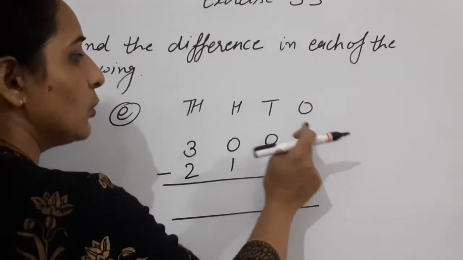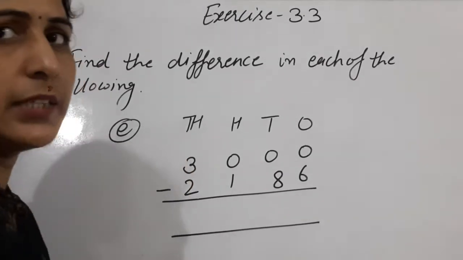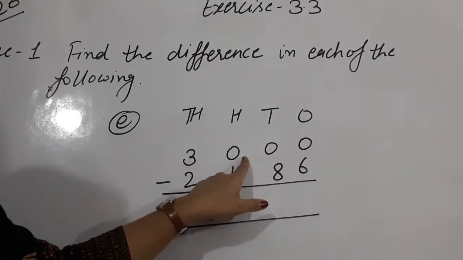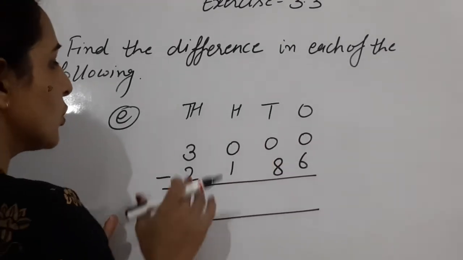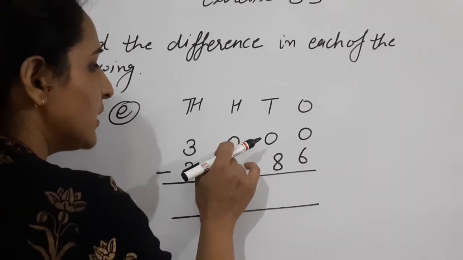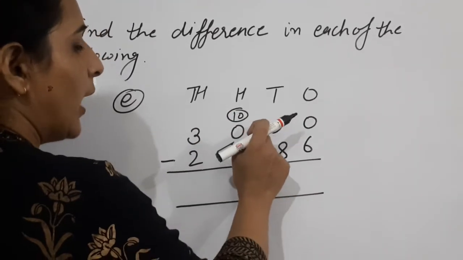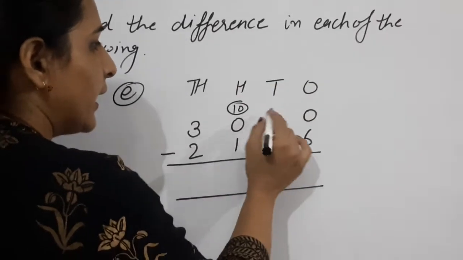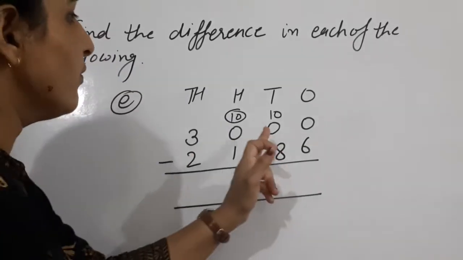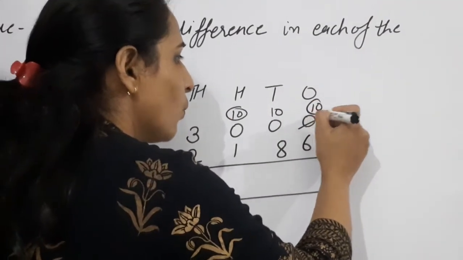In the ones place 0, in the tens place 0, in the hundreds place there is 0, and in the thousands there is 3. It means 0 ones, 0 tens and 0 hundreds. So how do we do this question? From the thousand, when we take a carry, we cross it, we make it 10. Clear? Now how do we subtract? We take again the carry from there, we cross it, we make it 10. And when we take a carry from there, we make here the 10 ones.